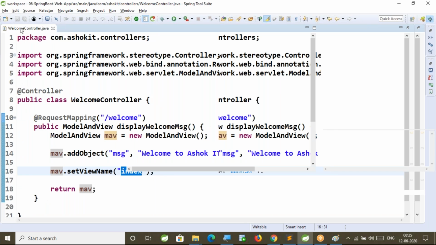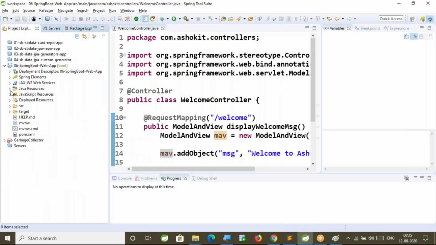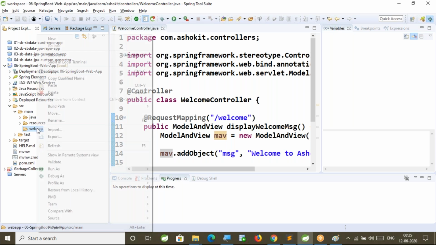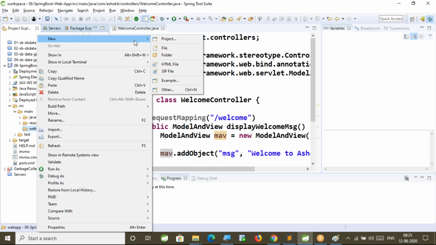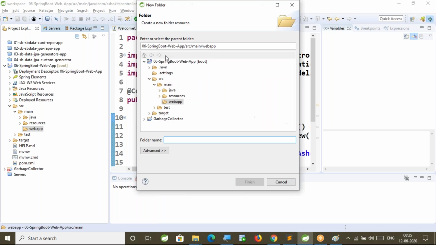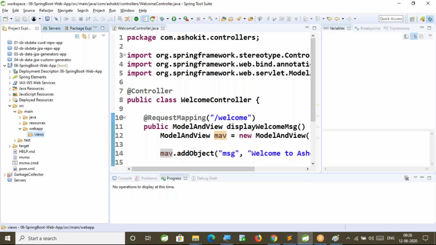Let us create it. Now if you observe the project folder structure, inside src/main there is a folder called webapp. There we need to write our resources. Inside the webapp, I am going to write my view components. For the view components, I will create one folder. Right click on the webapp, new folder. I can give it as pages, any name you can give, or I will give it as the views folder name. Right now, the views folder got created inside the webapp.